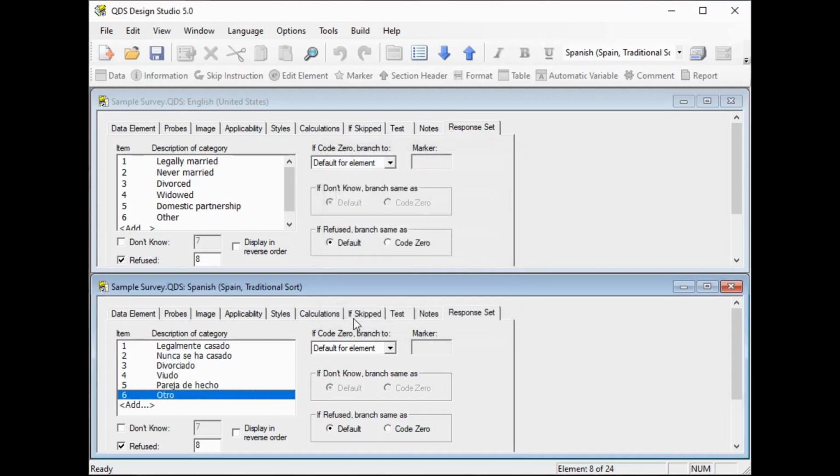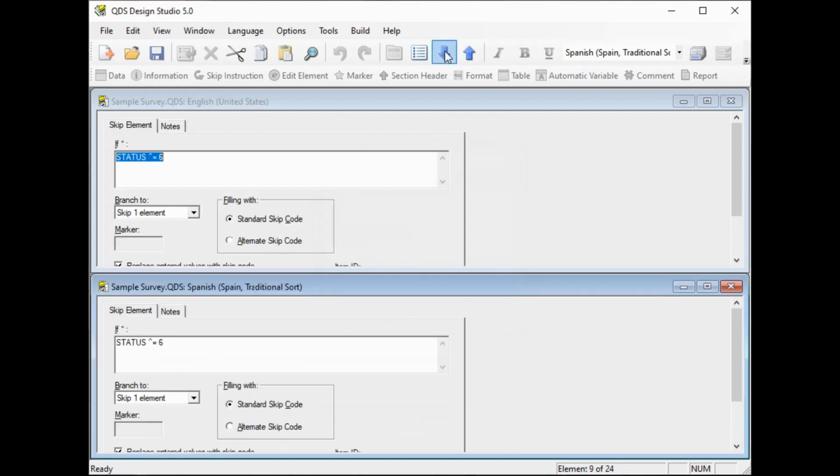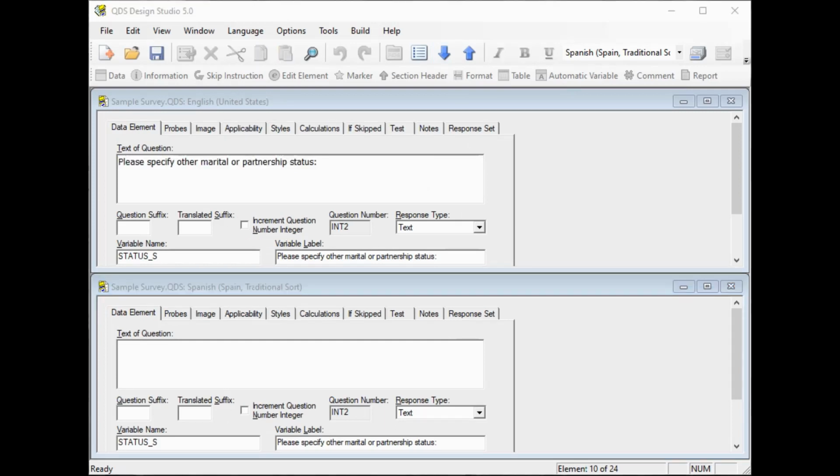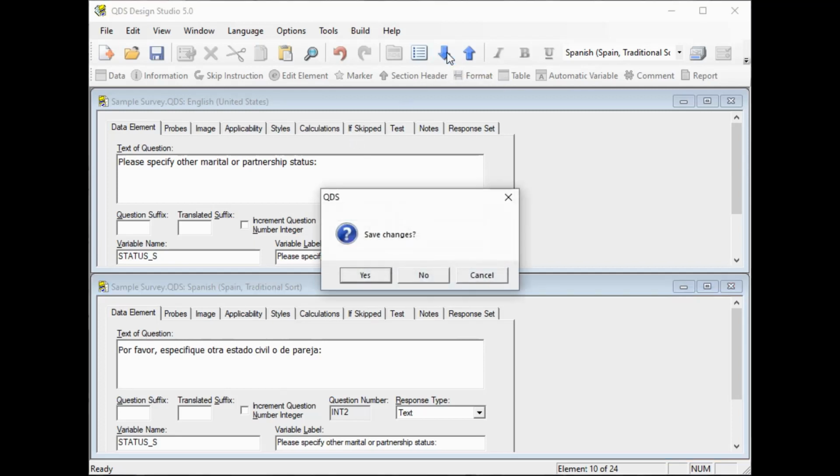And after we're done, we can just continue again by selecting that down element arrow. The next element we encounter is a skip element. Because they contain no language-specific text, no changes are needed at all, and so we can just continue. And the next item is a text type data element, and we'll go ahead and copy in that translation and